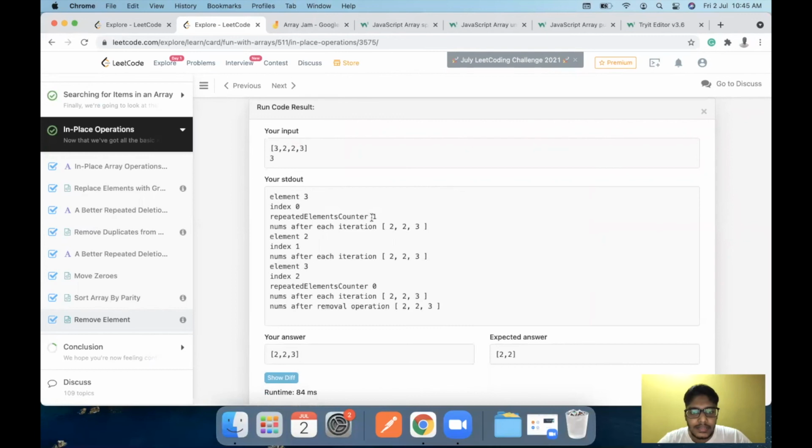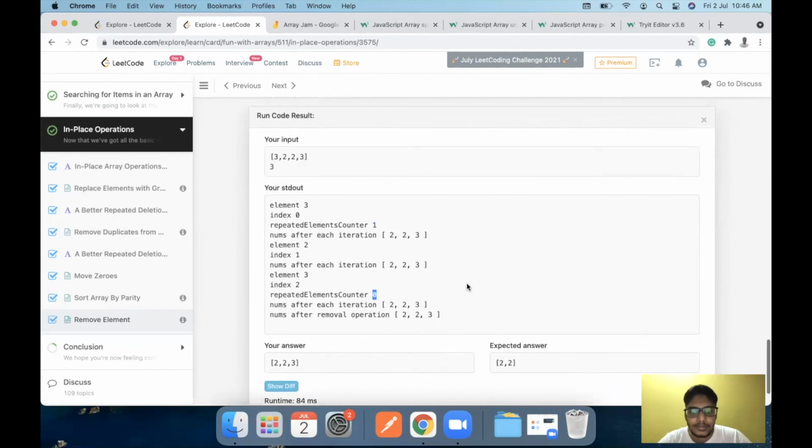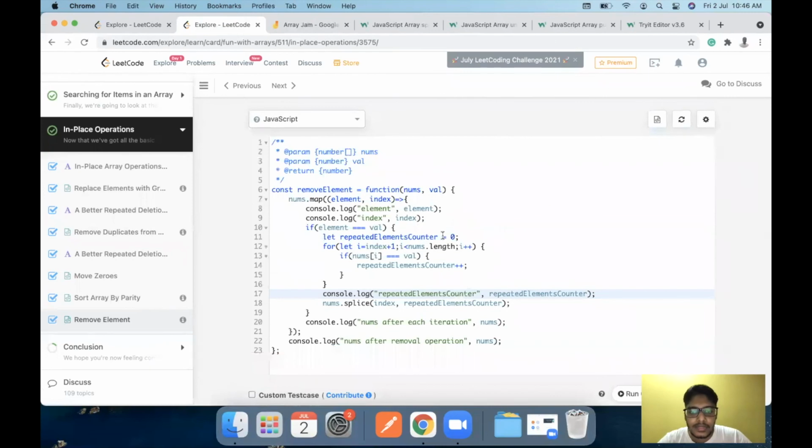So in this case, the first iteration worked perfectly. Then the second pass, obviously I did not want it to work. So in the last pass, this did not work. Okay. So this value should be set to 1, and for each of the repeated elements we need to remove the value.